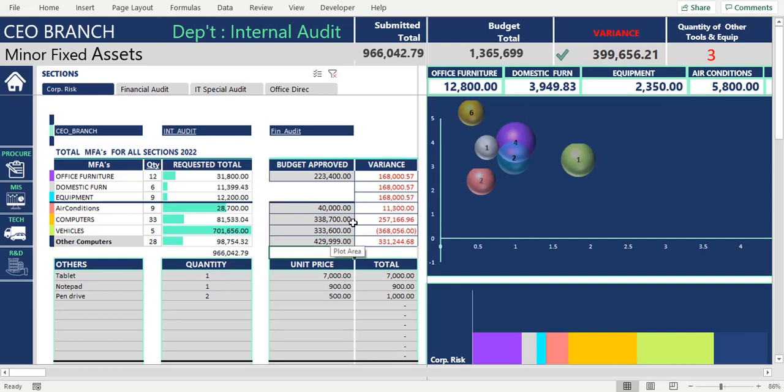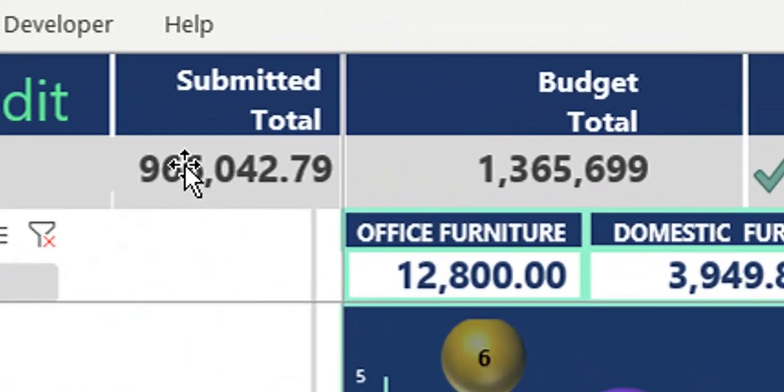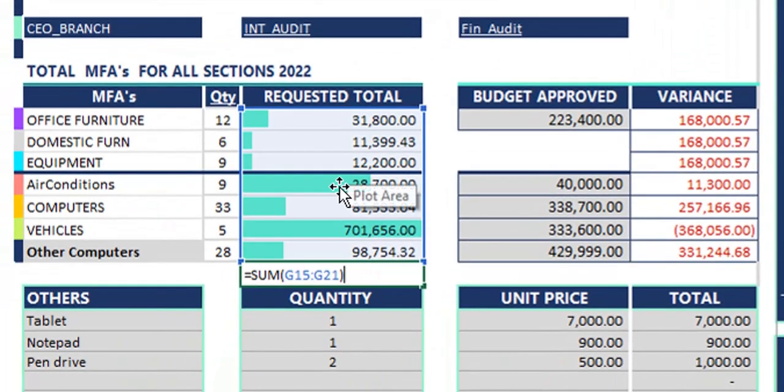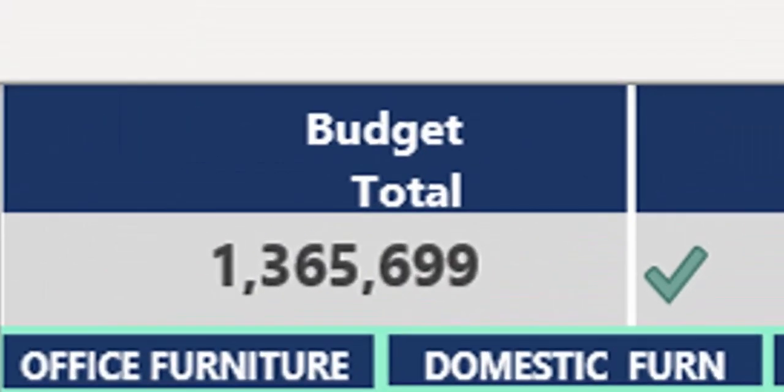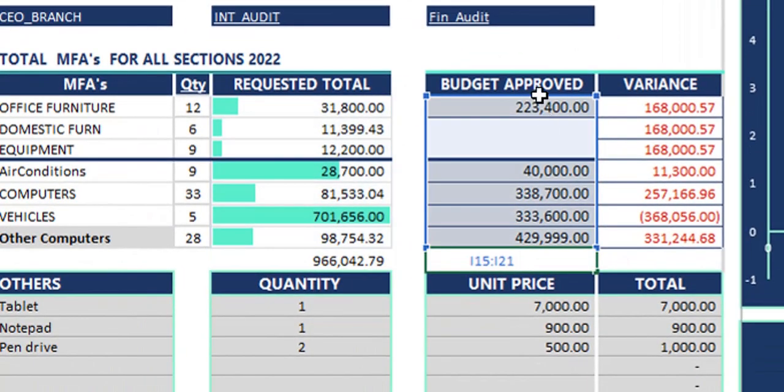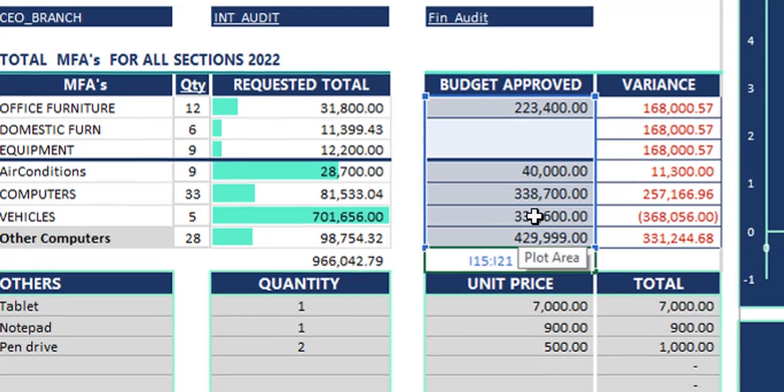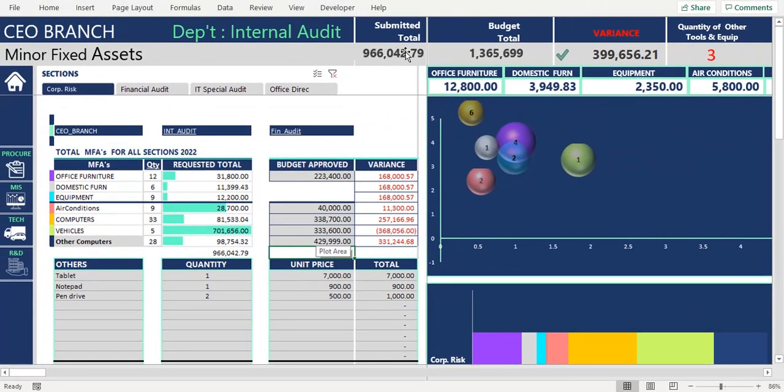Automatically realize that whatever changes we do here affects the requested total as well as the variance here. That is because the gross submitted total here reflects the summation of all requested totals, and the budget total here reflects the summation of all budgets that have been entered in this column here. So I call it the gross budget and then the gross submitted total. And the difference between the budget and the submitted total is what is giving us this variance here with this KPI